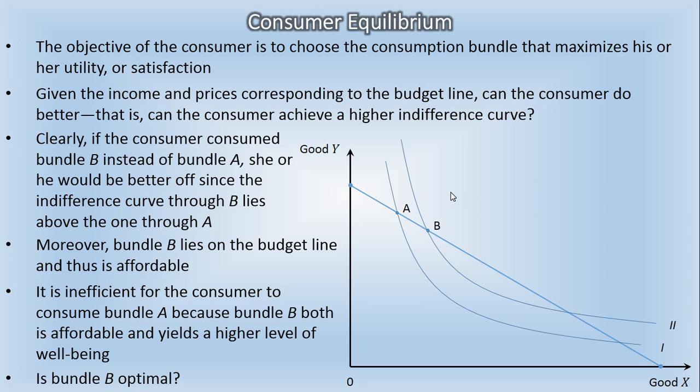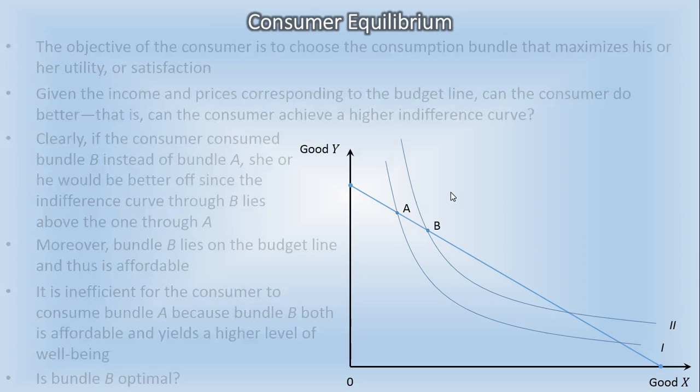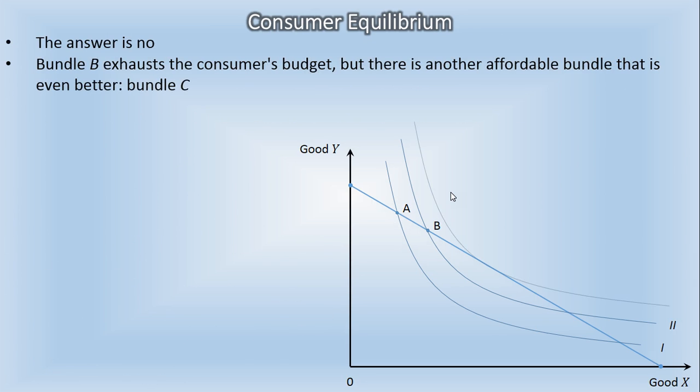But is bundle B optimal? Do you think it is the optimal consumption bundle? No, it is not, right? There are higher indifference curves that the consumer can consume on. So bundle B exhausts the consumer's budget, but there's another affordable bundle that's even better, and that is consumption bundle C. Consumption bundle C lies on the budget set, exhausts the consumer's income, and lies on the highest possible indifference